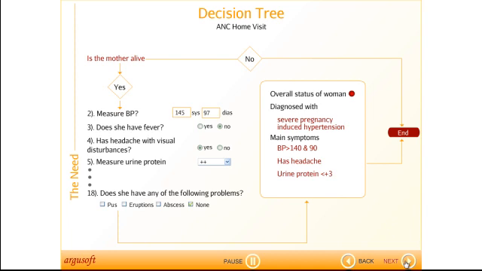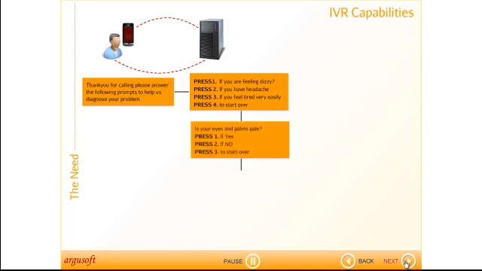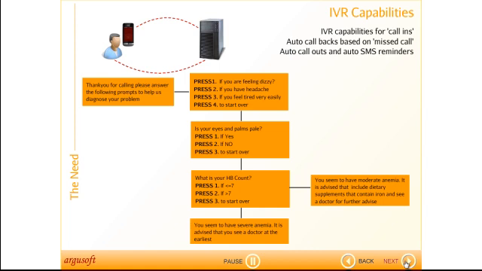The MAID platform also supports interactive voice response, commonly referred to as IVR. Using this feature, an application can be configured to respond to callers with critical health information based on responses that are received for the questions asked by the system. An illustrative flow is shown here in this slide. The IVR system supports automatic callback as well as scheduled callouts.